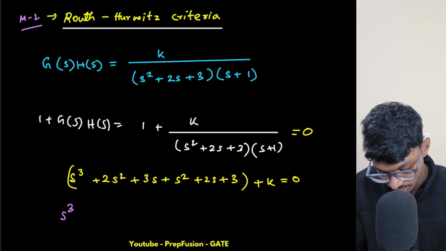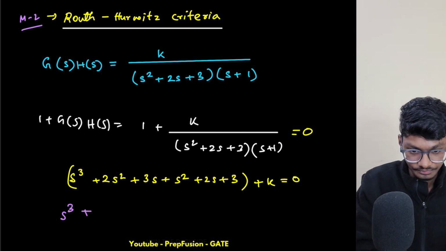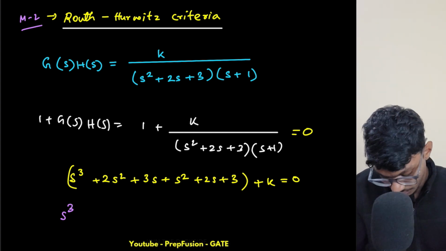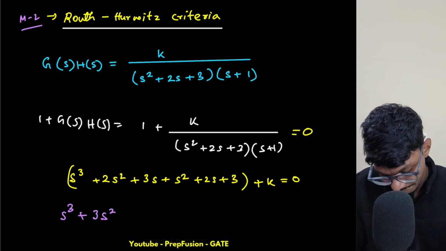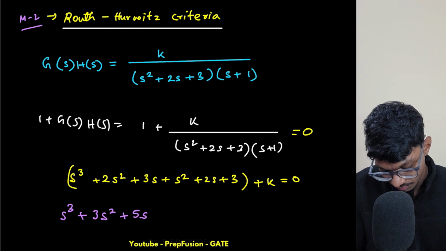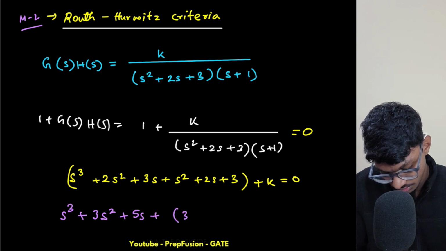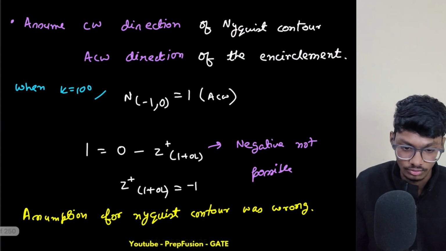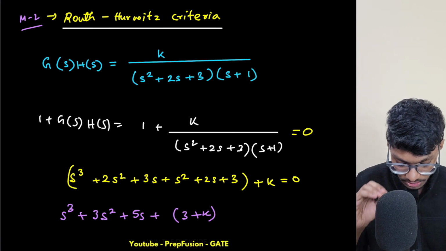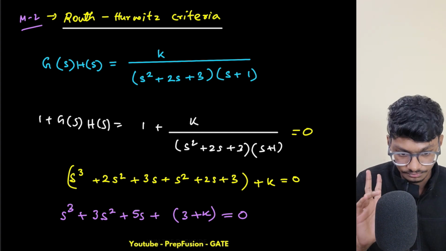Sort everything out. This is s cube, and this is simply plus 3s square, plus 5s, plus 3 plus k. Did I have any k with? No, I don't. So basically this is s cube plus 3s square plus 5s plus 3 plus k equals to 0. This is what my